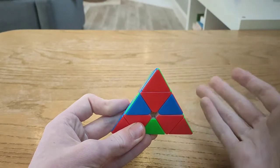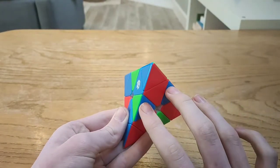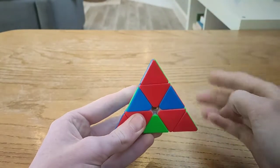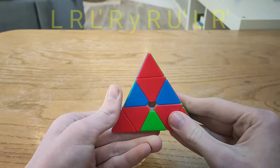In this case, all the pieces on the top need to be cycled to the left. So these two blues need to go to the left here. You can hold the top any way you want, and obviously the bottom any way you want. And the algorithm is